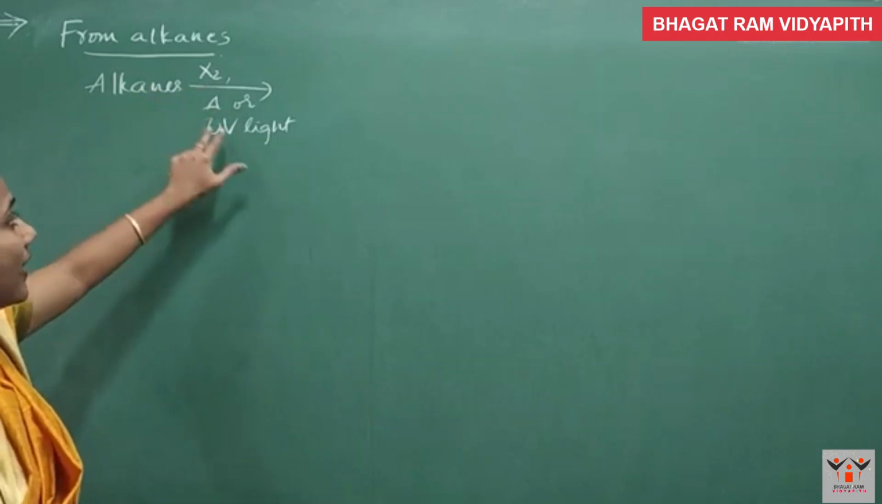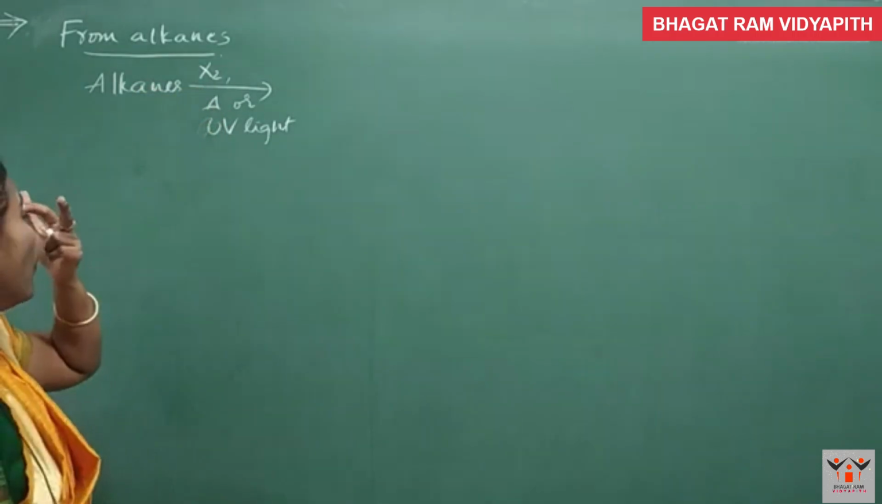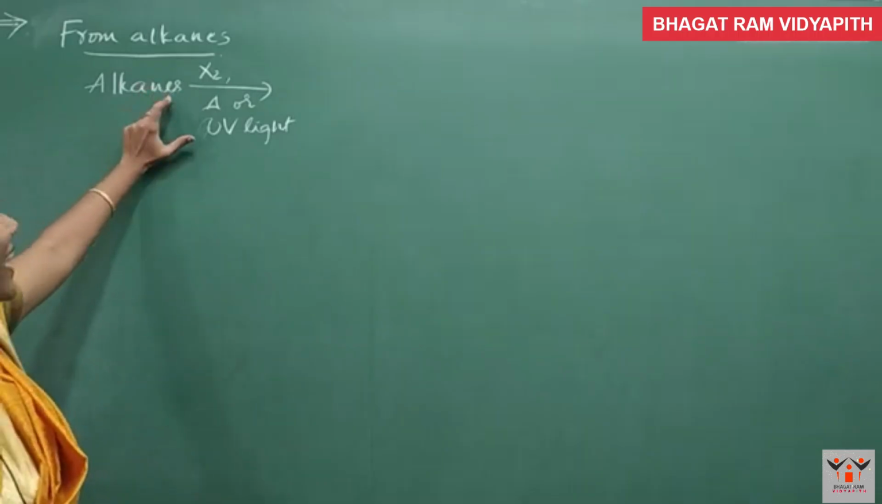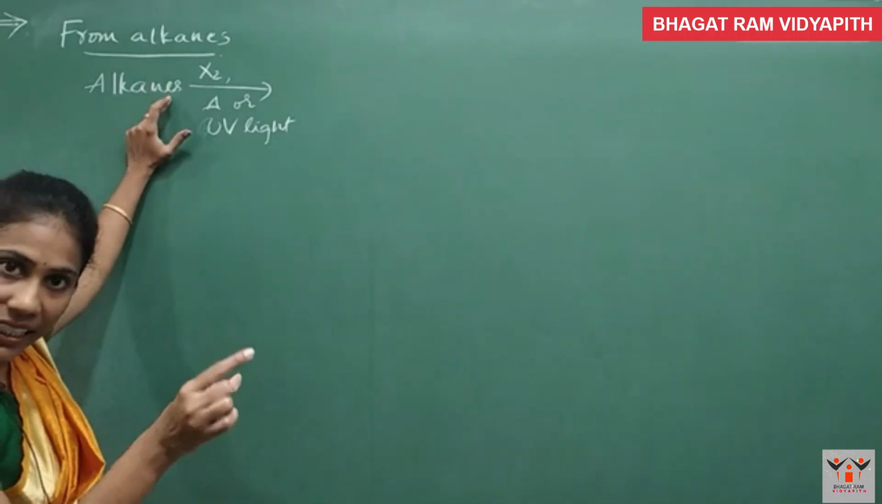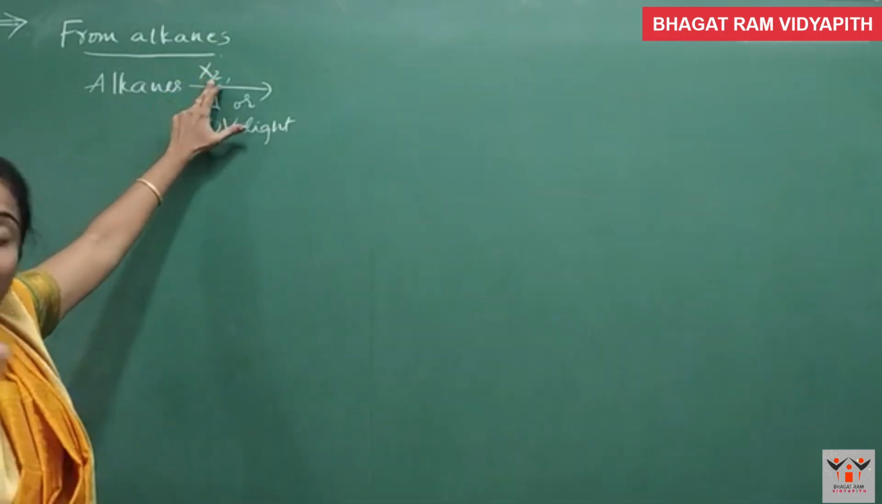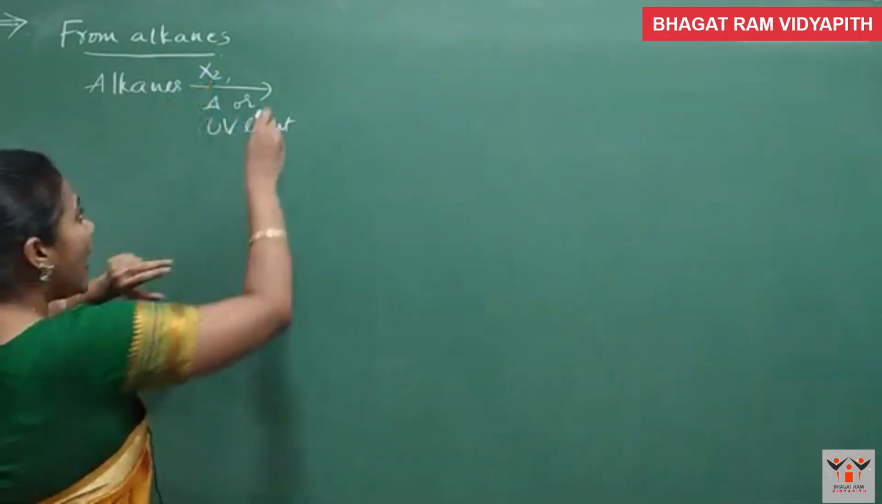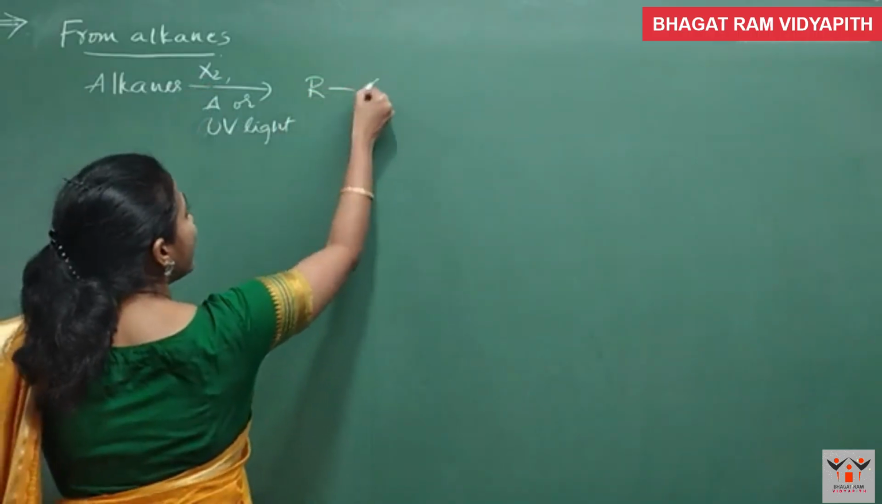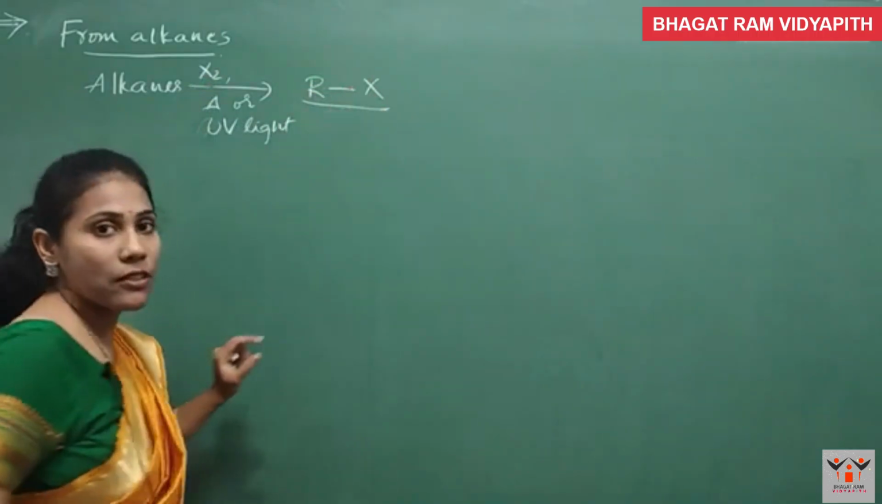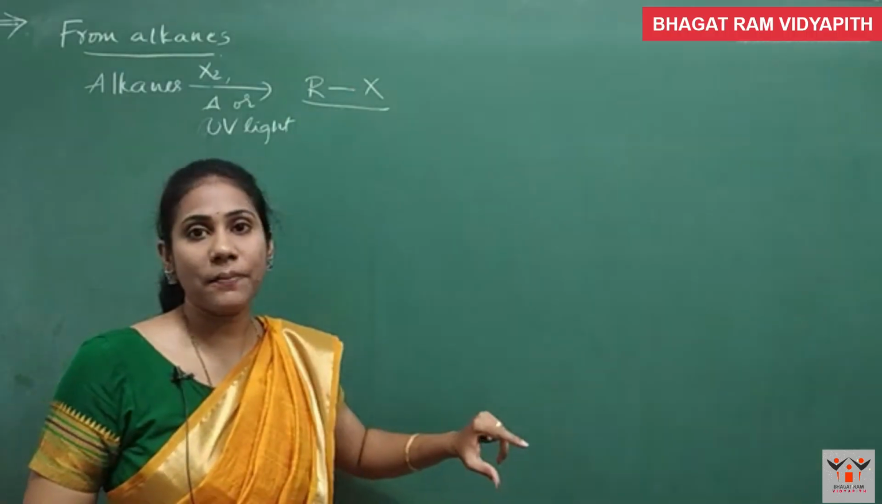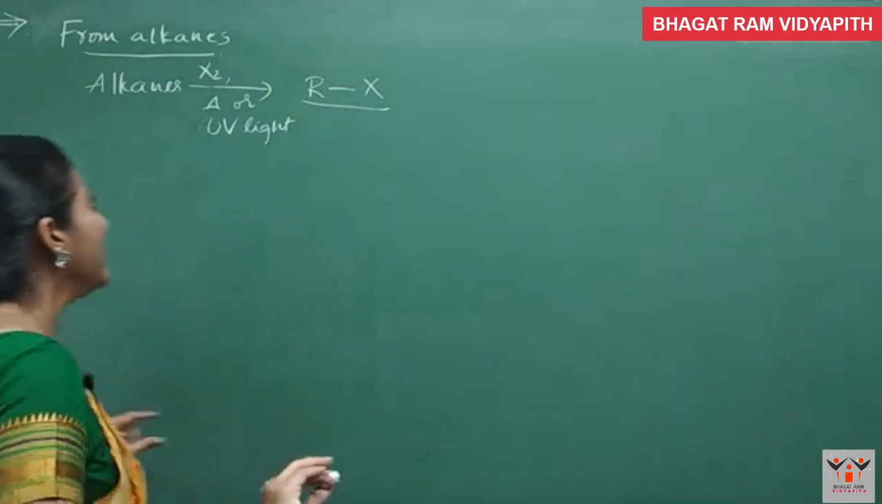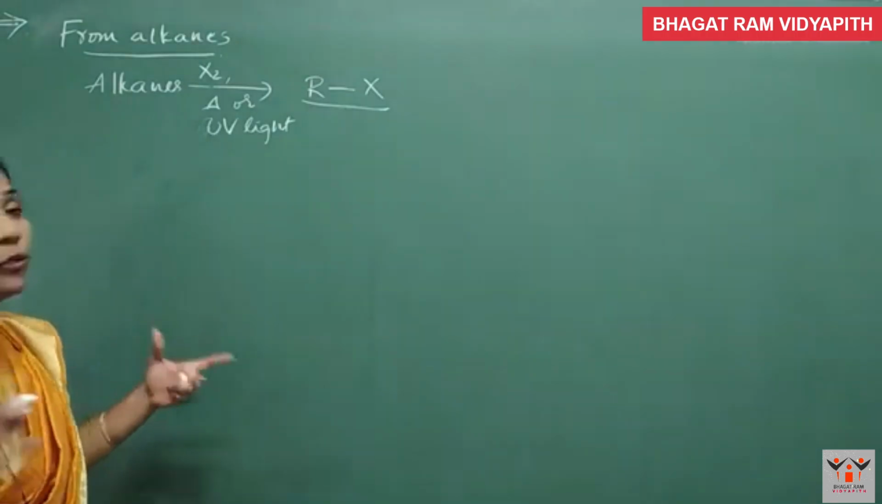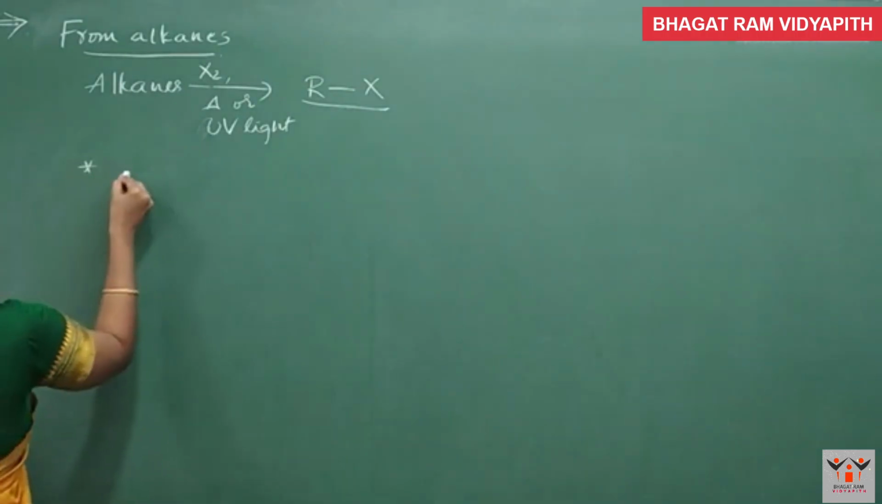So when halogens are reacted with alkanes on heating or when they are exposed to UV light, the hydrogen atoms of alkanes get replaced by halogen atoms. So that way you will get RX type of compounds, which are nothing but alkyl halides. Let's understand in a detailed way with a few examples here. Suppose I take